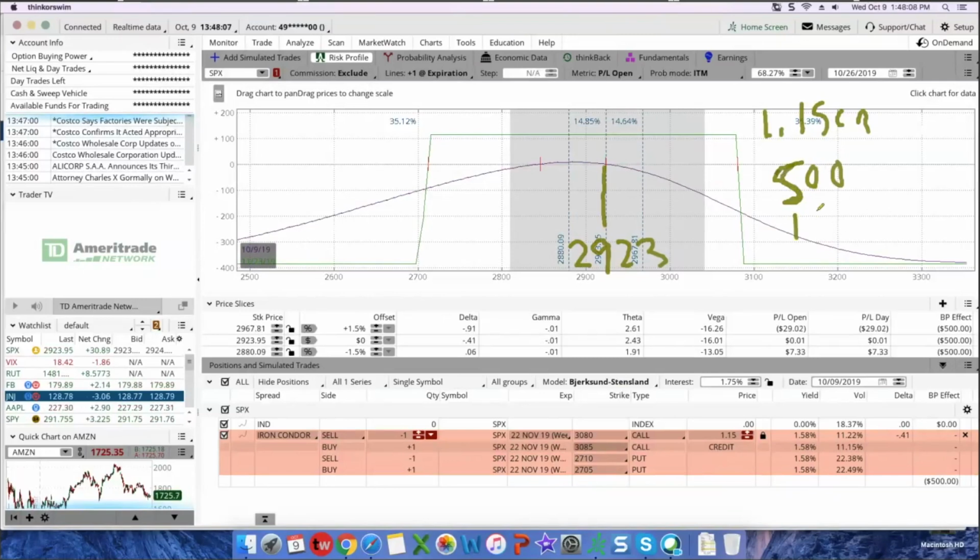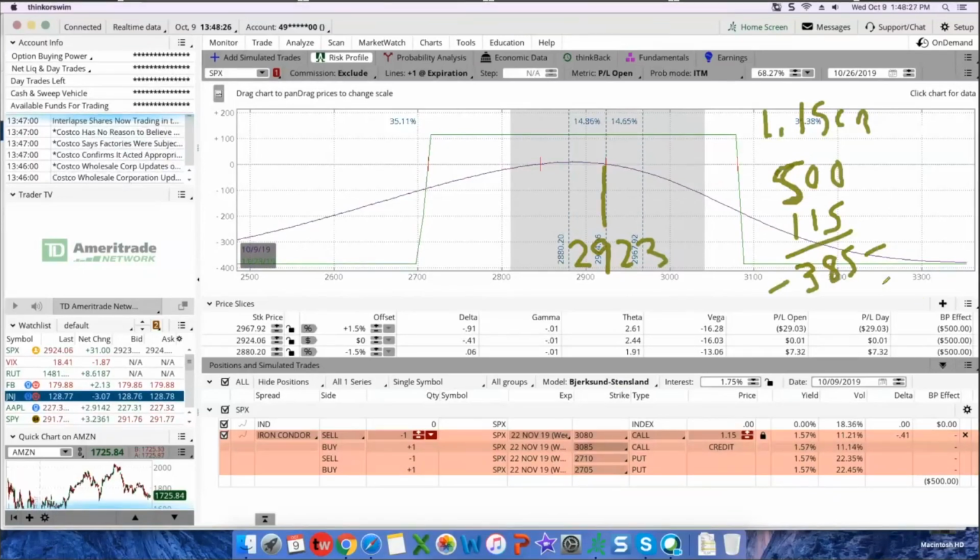$500 minus my credit of $1.15 gives me $385, which is the cost of this one. Agree? So, a small trade. Someone wants to do small. $385 is your risk, right? So on this,